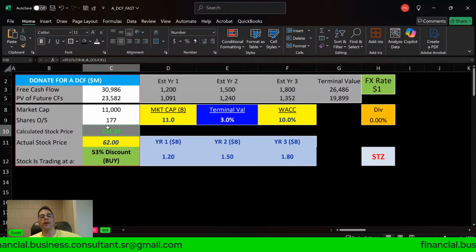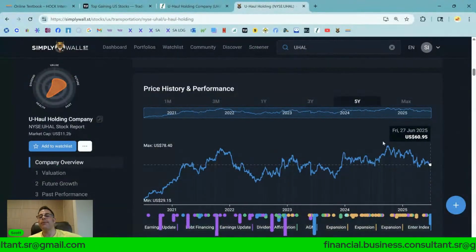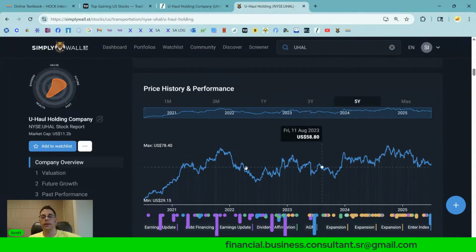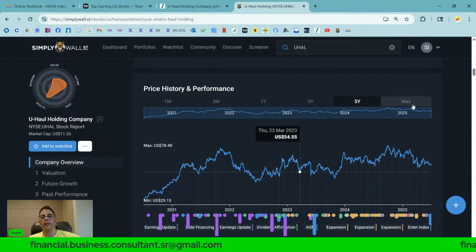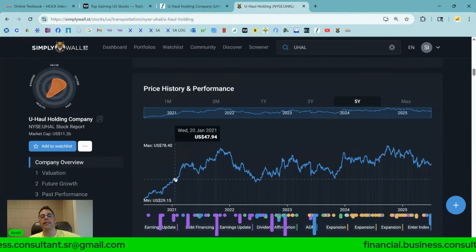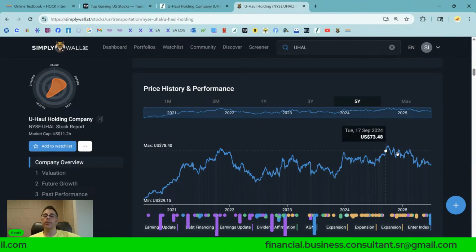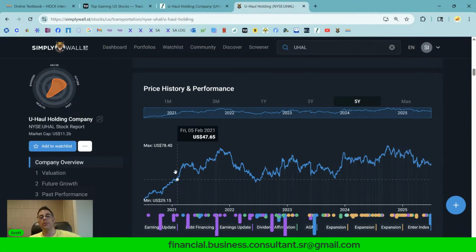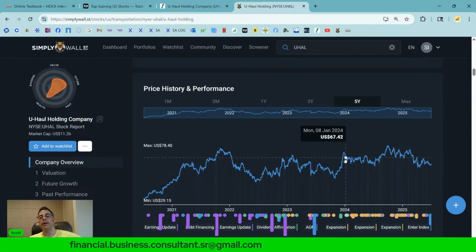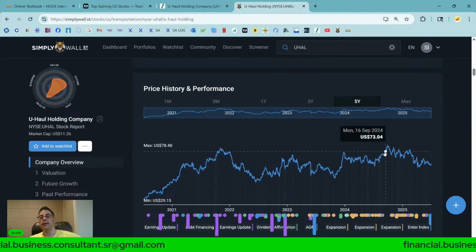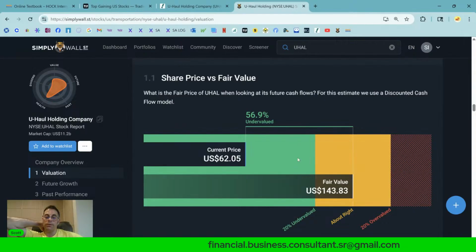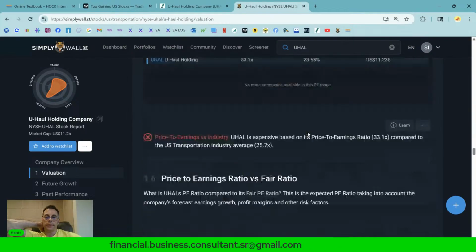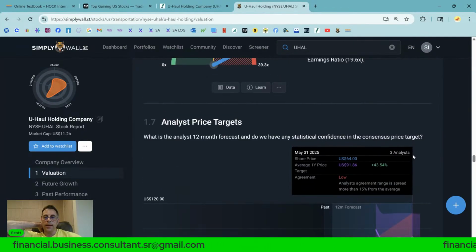But if the valuation is 130, how come it never even hit 100 all this time? So you could have bought it. I'm sure I would have said the same thing in 2020, 2021, 2022. This thing's worth $100, and you might have bought it, and it never hit. It didn't even hit 80. So at what point is it going to actually hit 100? It might not. They're saying 144, Simply Wall Street. The analysts are saying 92. So everybody's saying it's undervalued.